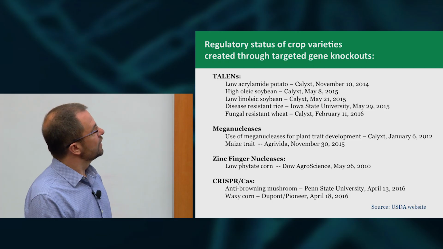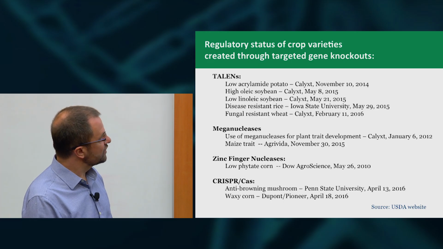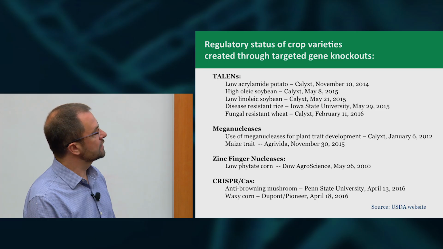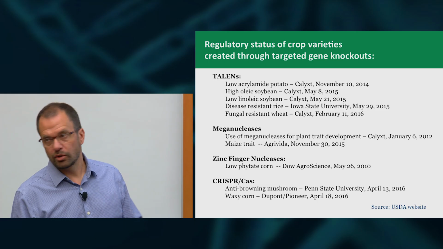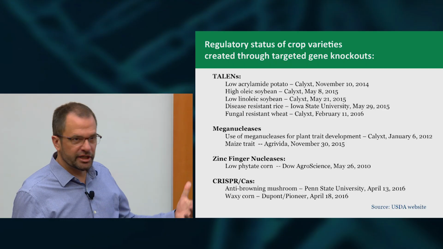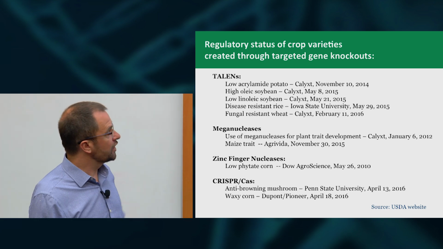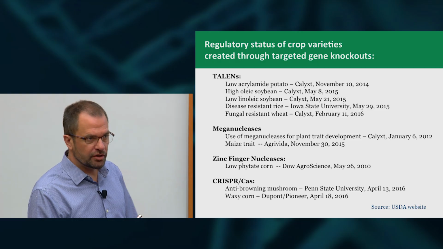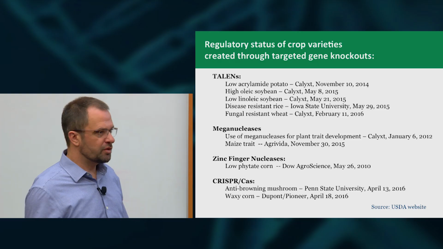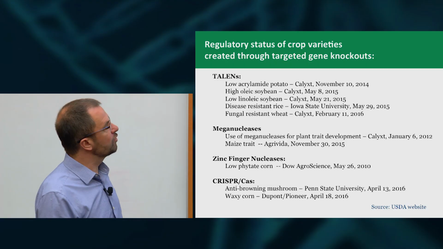That is, our soybean, the product I just described, and a number of other products created with TALENs, meganucleases, zinc finger nucleases, and most recently CRISPR-Cas, are all considered to fall outside of their regulatory authority. The rules and regulations that were put in place to regulate products of biotechnology really don't apply to these products, and they're treating them as if they were mutations made by other means, by EMS, chemical mutagenesis, or X-rays or gamma rays.